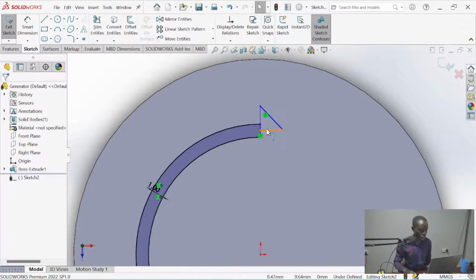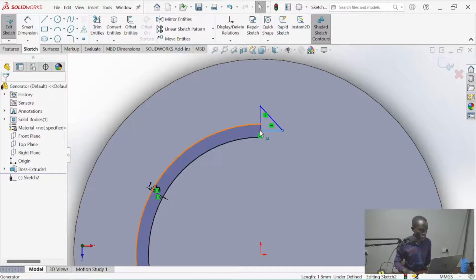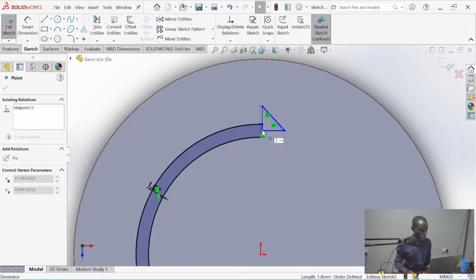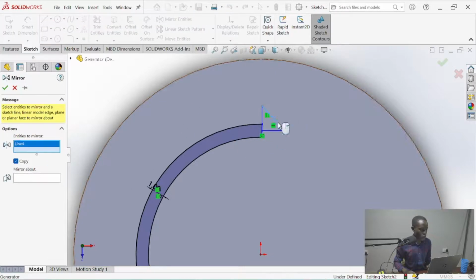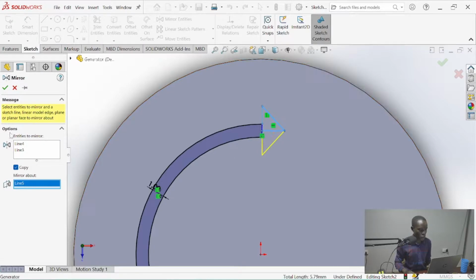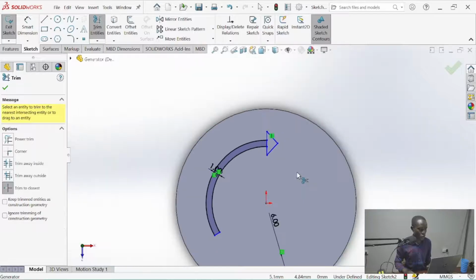Do a mirror. Make sure this is horizontal. Okay. Mirror entities, pick the two lines, mirror about there. So we have our arrow, we trim that center line.